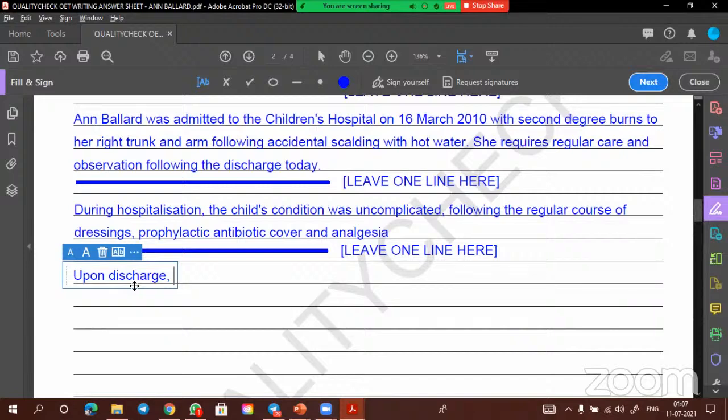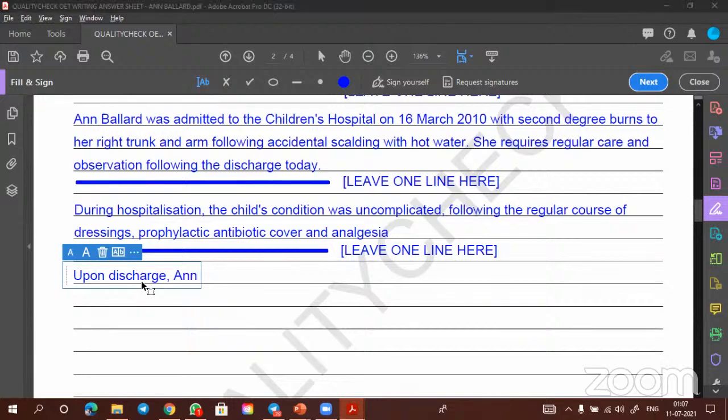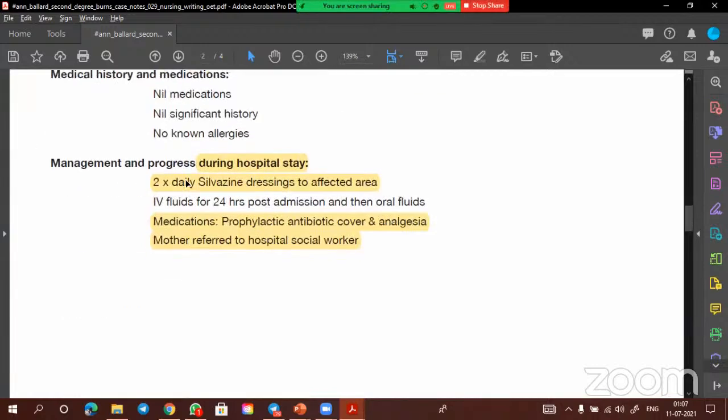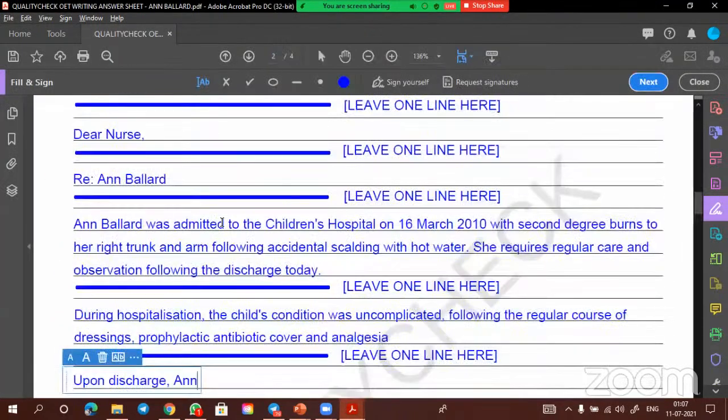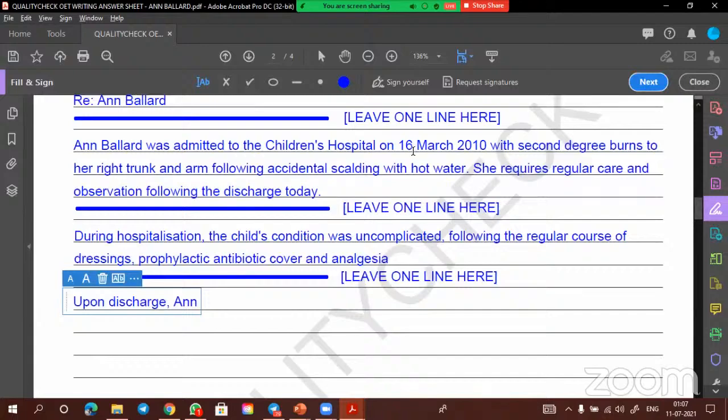Upon discharge, right? Okay. Now here you can say, no need to write "and" every time. Here you can write "and". Don't write Ballard. Don't write the second name because this is an infant. This is a child. This is a baby. And now this is after discharge, it is future tense. Okay. This is future tense after the date. After, yes.